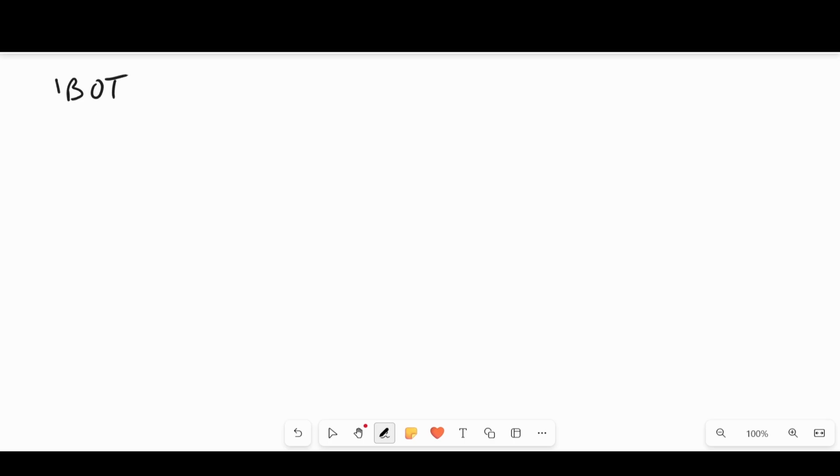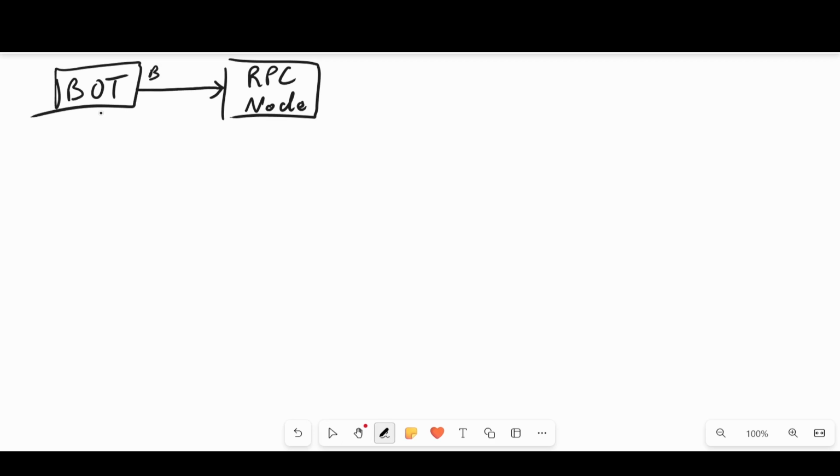We're going to have our bot here. No pretty pictures this time, sorry. And then we're going to have our RPC node. What we want to do is create something called a transaction, a buy and sell transaction. They also call this a swap, token swap. So FYI, if I use token swap, don't get confused. It just means buy and sell. We're going to send a valid transaction to this RPC node, and the RPC node will go ahead and process